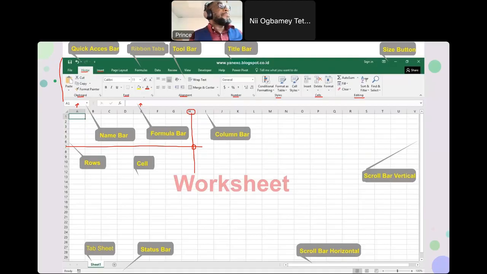Now, once you are clear with what you are going to do in Excel, the next thing is, how do I enter data in Excel? Entering data in Excel is as simple as putting a giraffe in a freezer. The question is, how do you put a giraffe in a freezer? When this question is asked, 95 to 97% of adults will get it wrong. But for a child, how do you put a giraffe in a freezer? Pick the giraffe and put it in a freezer.